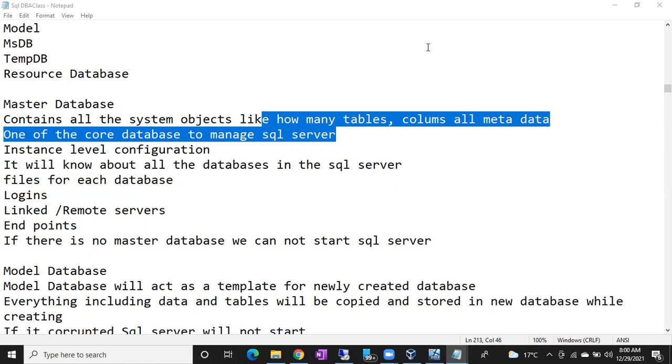A table will have metadata. Can anyone tell me what the metadata of a table is? The number of rows and columns. Very good. How many rows, how many columns, what is the table size, when it was created. Again, for you, your date of birth is your metadata. So data about the data is called metadata.